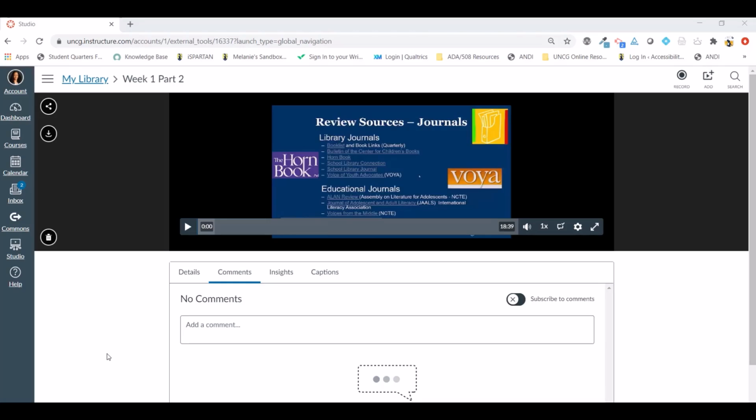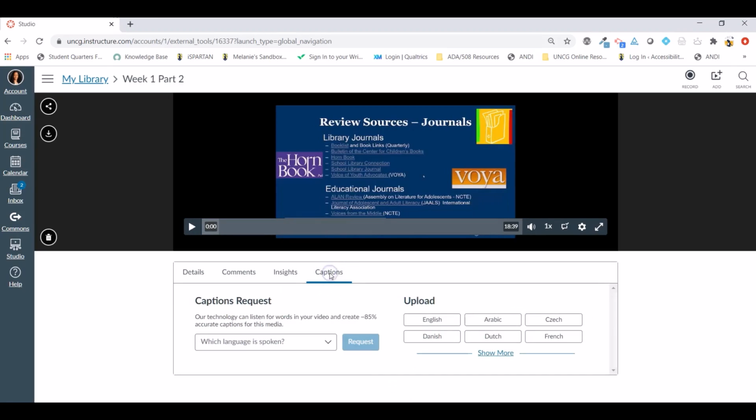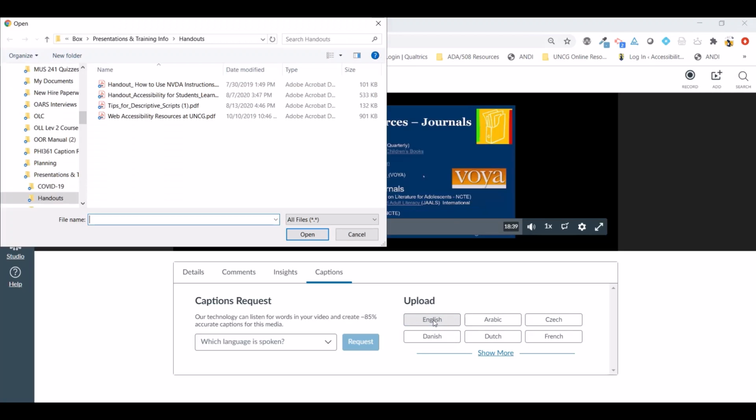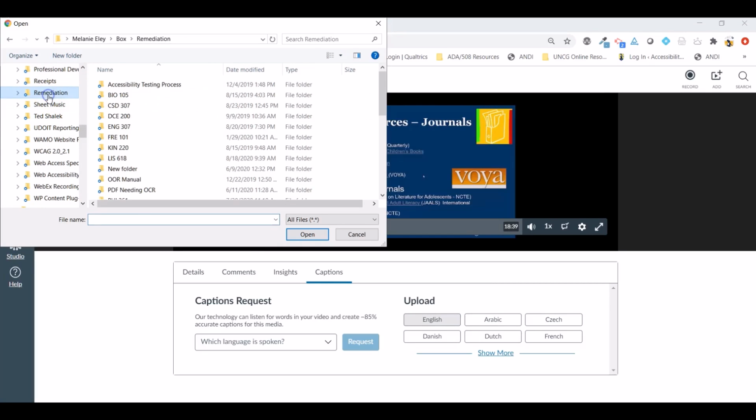In this video, we're going to show you how to upload a caption file to a video in Canvas. So when you have your video open, you're going to go to the Captions option. And in the Upload section, we're going to select English because that is the language that our caption file is in. And so then it will pull up your search box, and we're going